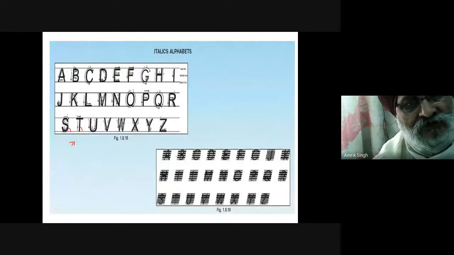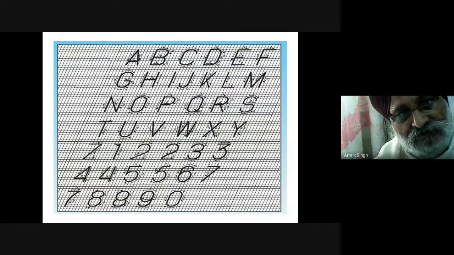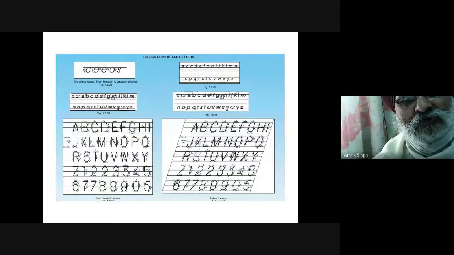Like to write 2, see how to write 2? On the incline. Okay. So first of all this 3 has come, this 1 has come from here to here. Okay. From here then 2 comes like this, then 3 has come. Okay, so it is like this. So these are the lowercase letters. Okay, and this is how you can read all these things. So italics letter of lowercase, italic vertical letters of lowercase.